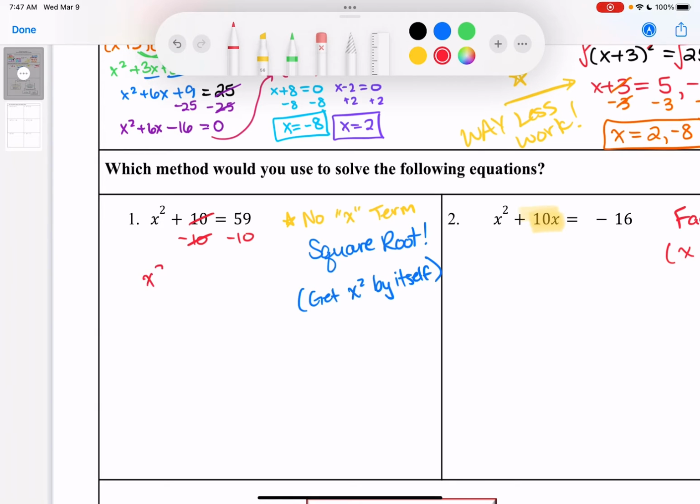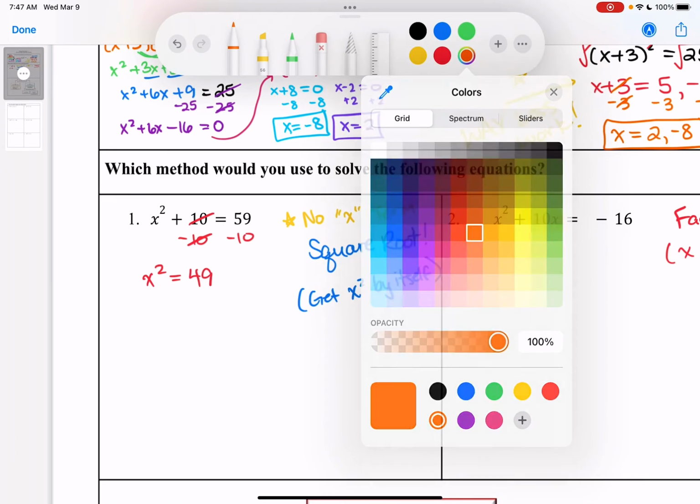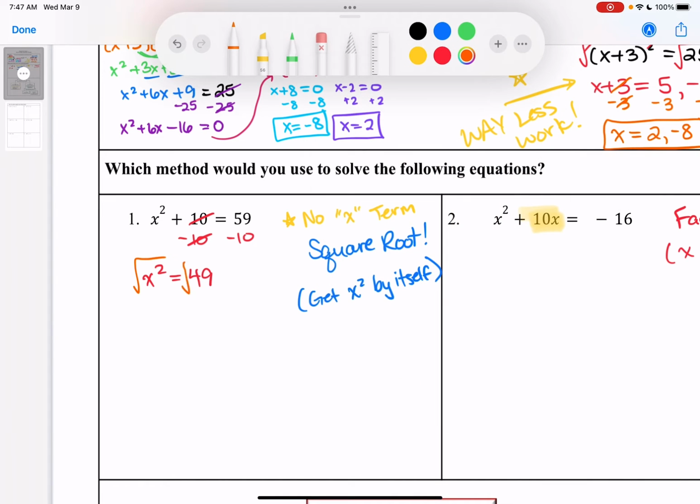So I get x squared equals 49. And once that x squared is by itself, I can take the square root of both sides. Squared and square root cancel, so I get x equals, now don't forget, I wrote the square root sign in order to solve my equation. Square root of 49 is +7 or -7, right? So don't forget